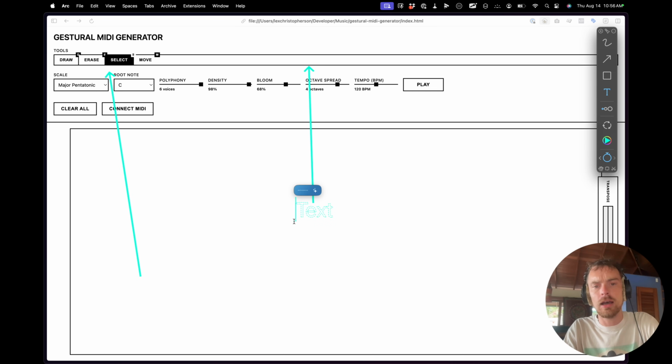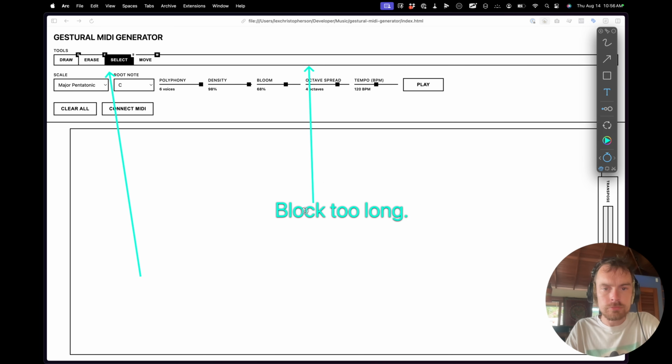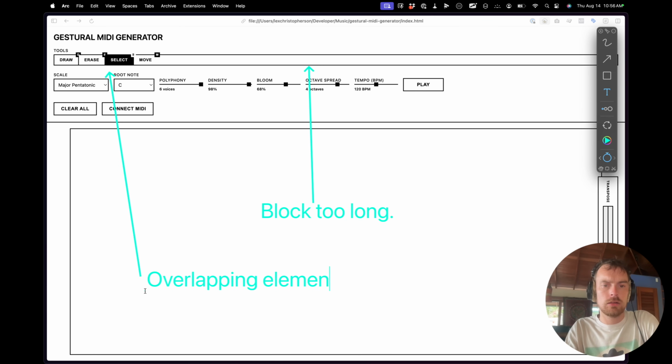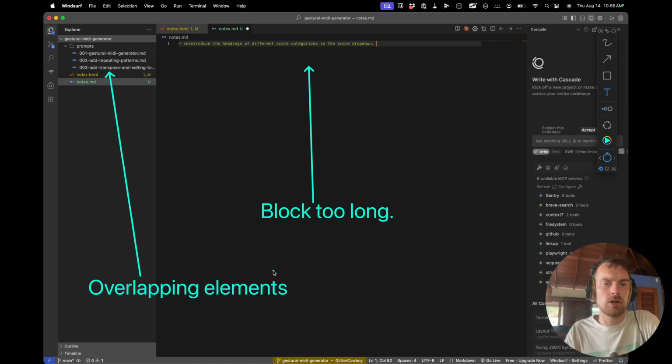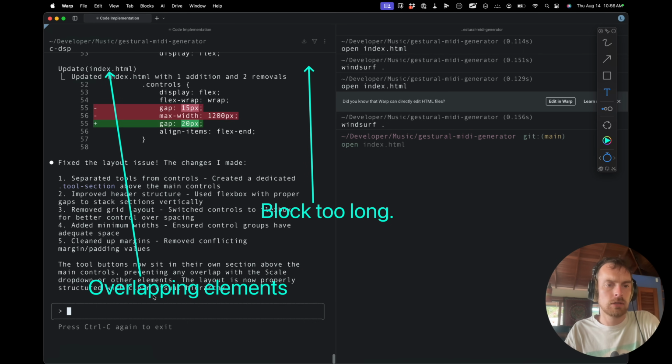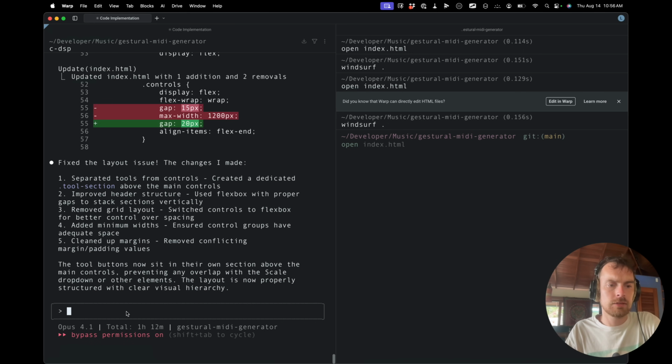So, what would we even call this? Block too long. So yeah, let's just do another little screenshot here. And then I'm going to go back to Claude. And I'm going to say, get out of here. And then I'm going to say,